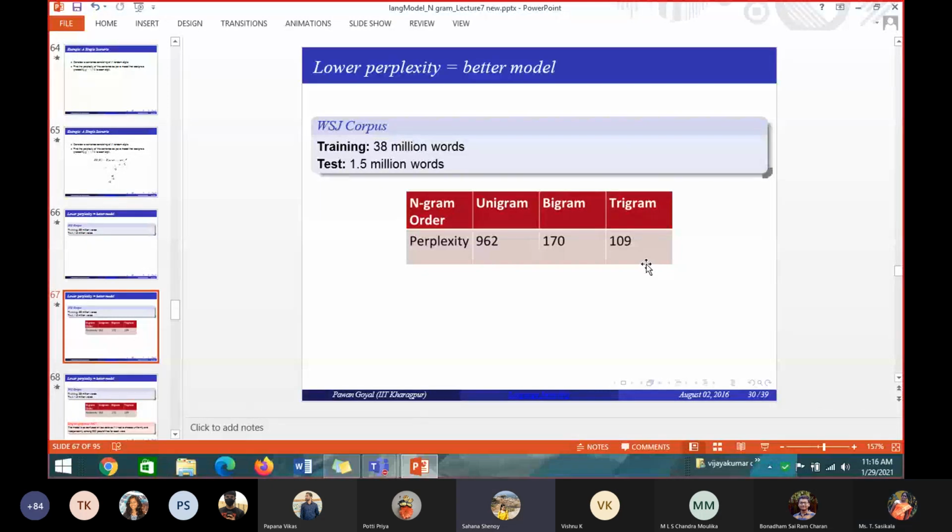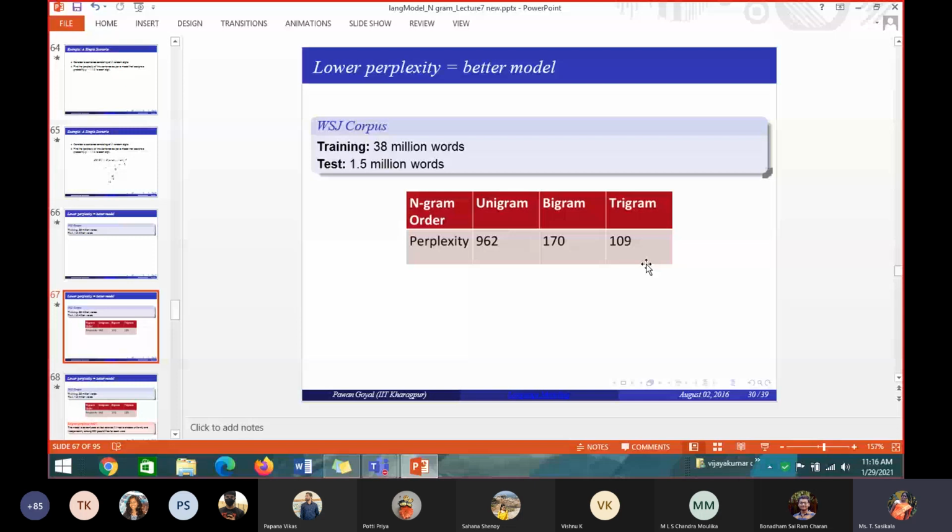The number of words that can follow. That is, the number of words that can follow the previous words is 962. So if there are 962 combinations, among the 962 you have to take only one. So is the model more confused or less confused? More confused. If the perplexity is more, for example, if there is a blank to fill and 962 combinations are given, taking one and filling it is very difficult. So the model is more confused about which one to take. So it has to identify the context, finding the next one, going deeper and deeper to find it.